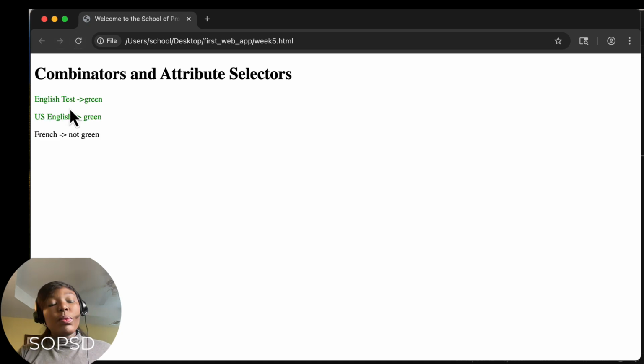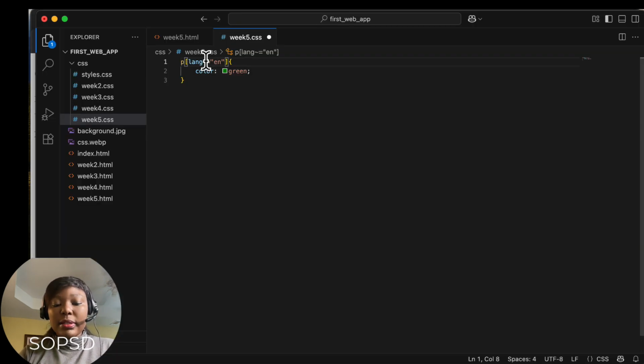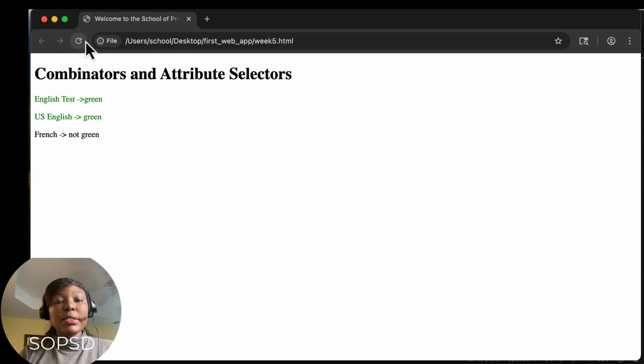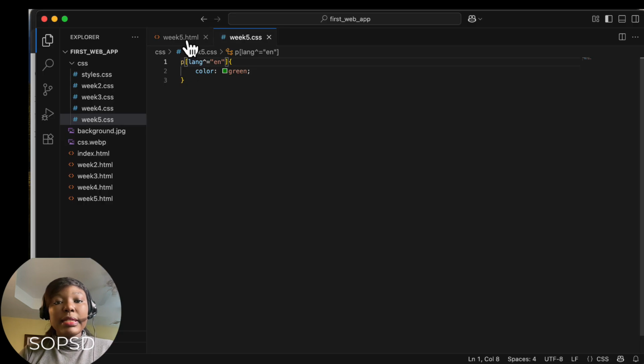So we have that. We can also select elements where the attribute starts with a specified value, and we use starts with, using, I think, the caret sign. Let's see, caret sign like that. So we want something that starts with a particular thing. So we'll still have both of them, but we can illustrate this differently when we try to use